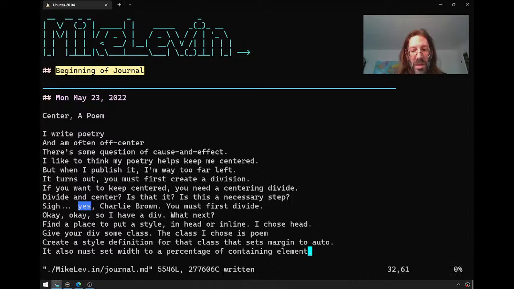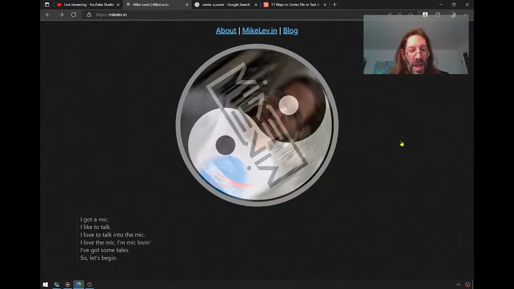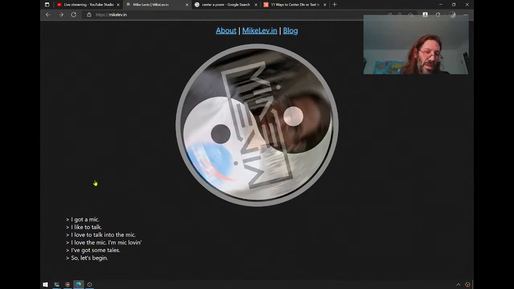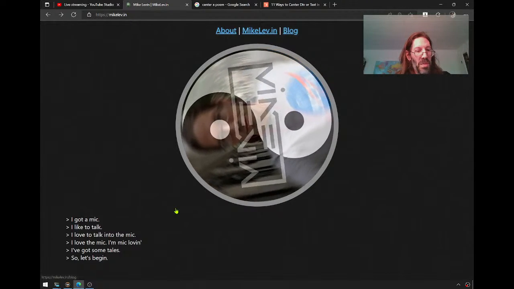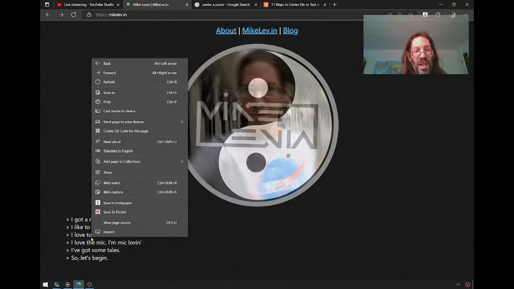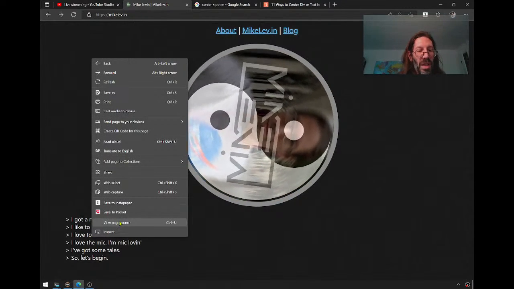All right. Okay, so let's see if that took. Oh, look, it did stuff. It moved it, whoops, way too far to the left. That probably means a few things. My containing element is squeezing it.